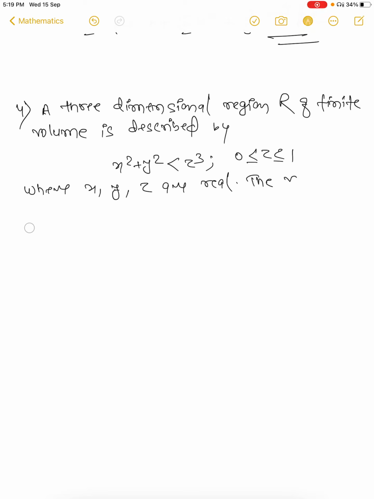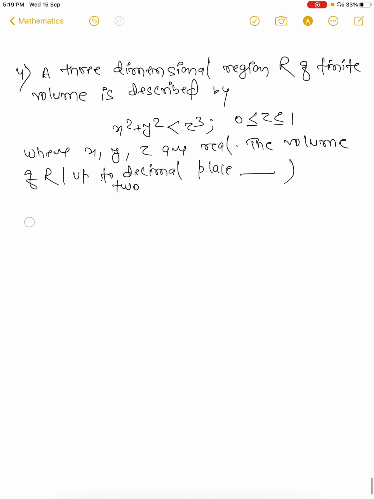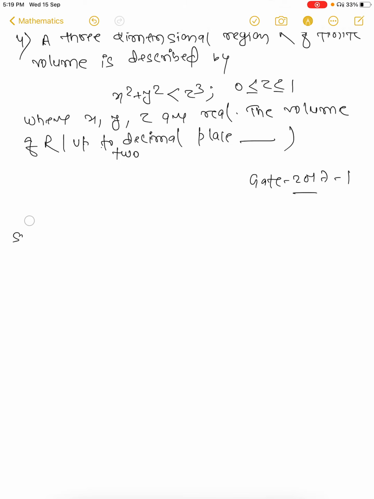The volume of R, up to 2 decimal places, is to be found. We have to find it up to 2 decimal places. This was asked in GATE 2017 for 1 mark. Solution is,